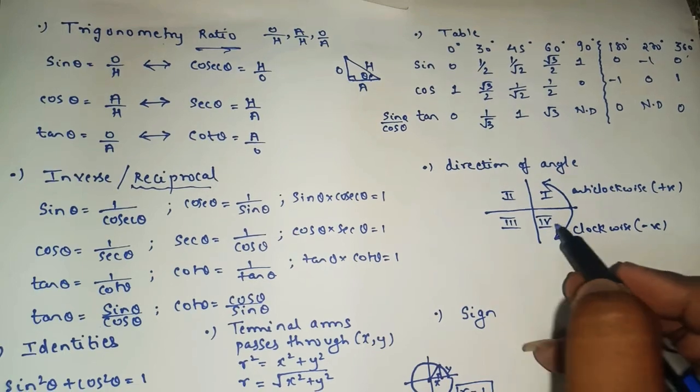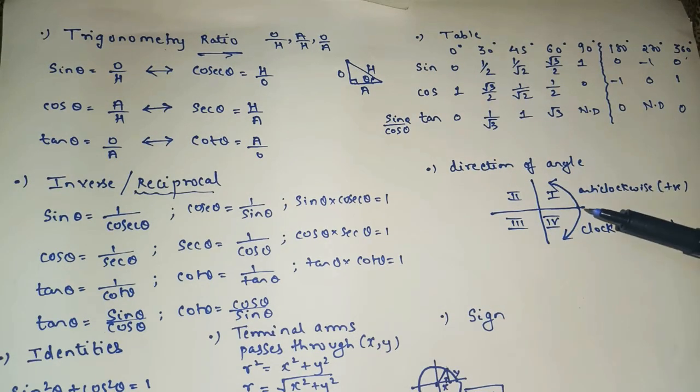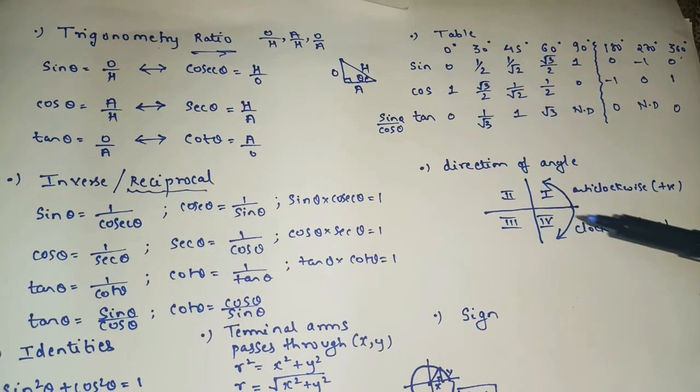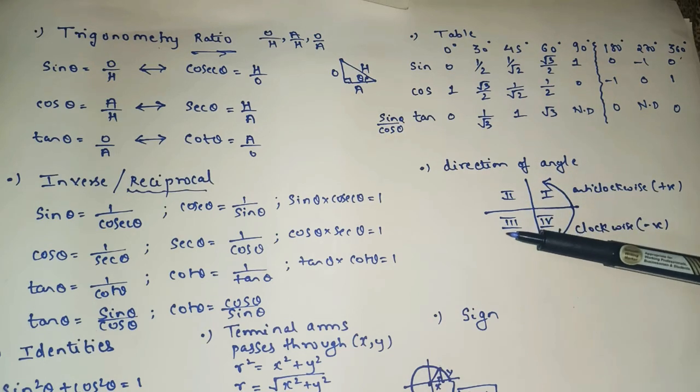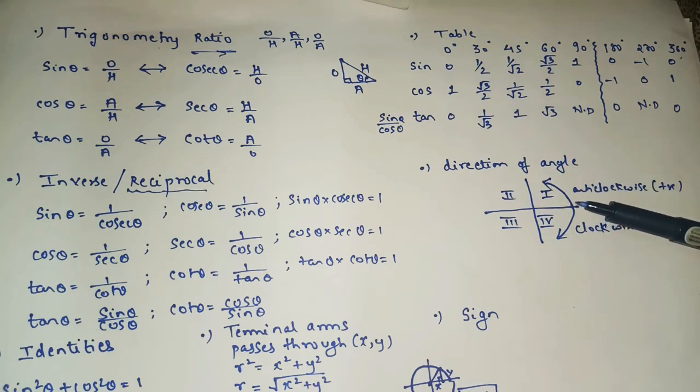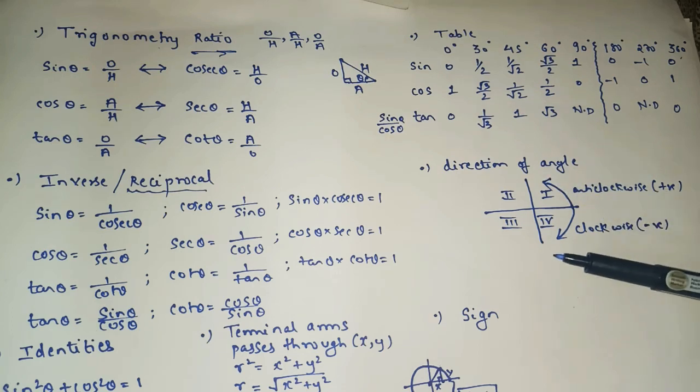And remember, when it moves in anti-clockwise and clockwise direction, the quadrant will remain the same, the quadrant will not change. Okay, for anti-clockwise direction it is first, second, third, fourth. For clockwise also the quadrant will be the same. As it moves from here, still the quadrant will be the same. The fourth will be fourth, third will be third, second will be second, and first will be first. But remember this, whenever the angle moves in anti-clockwise direction, the angles will be positive. When it moves in the clockwise direction, the angle will be what? Negative.